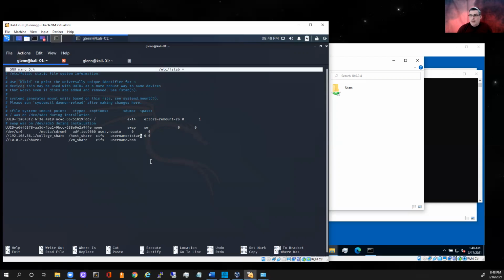Oh, and in this case, we have to put in the password. So username equals, or is it passwd? Pretty sure it's password. We'll find out in a minute. I have to change my password. Password equals